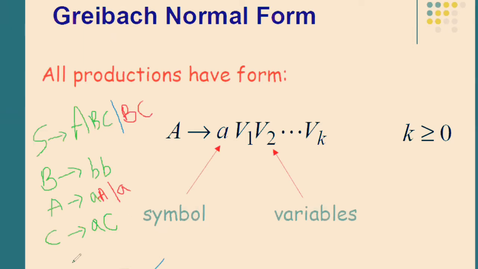And unit production, how to eliminate it? Suppose this unit production was of the kind A tends to A. You can directly eliminate it because it is giving you the same production. So now I want to eliminate A tends to B. For B, this is the unit production, right? For B, you have another definition. What is the definition for B? B tends to two small b's. So I can eliminate this unit production and replace that particular symbol with two small b's.